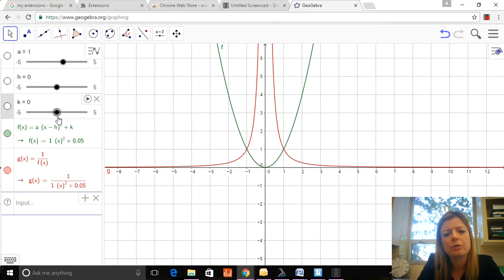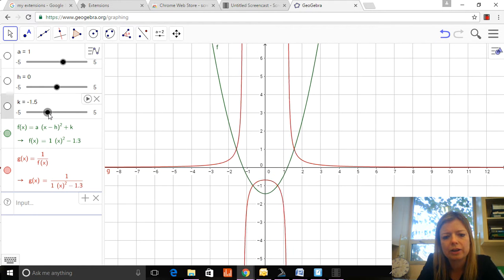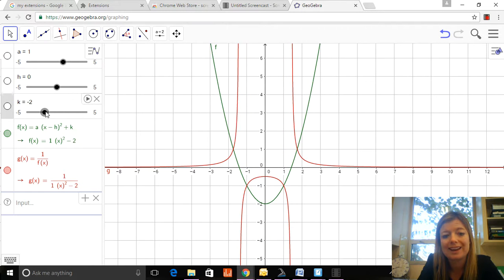So as I go across the x-axis, look at something like this. Look at that reciprocal. The reciprocal is that entire red thing. It's pretty cool. So what's all going on here? Well, my original function has two x-intercepts. Right here, whatever that is, and here, whatever that is. So that means that my reciprocal will have two vertical asymptotes that go right through the zeros of